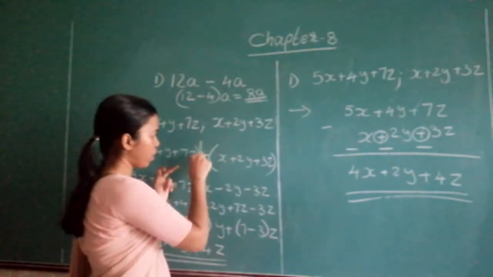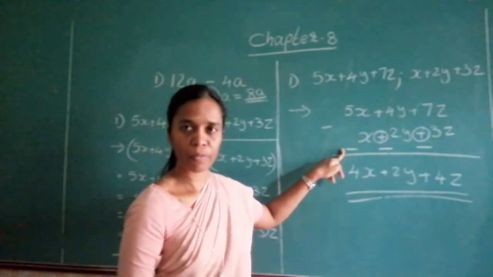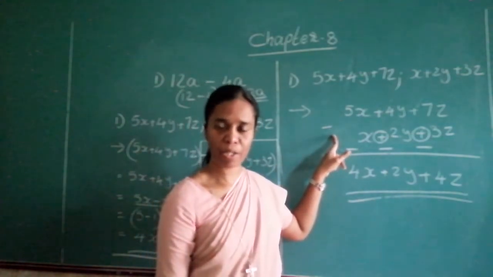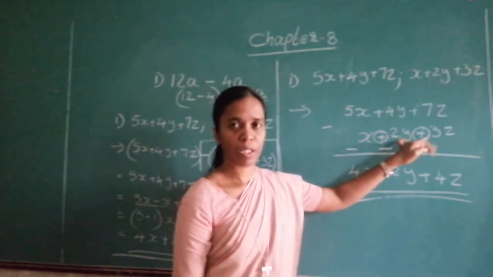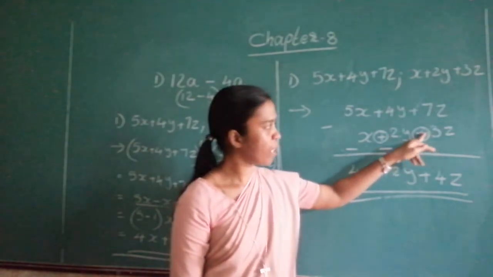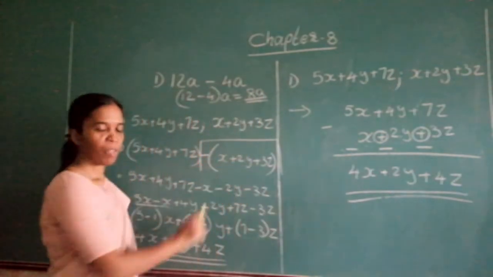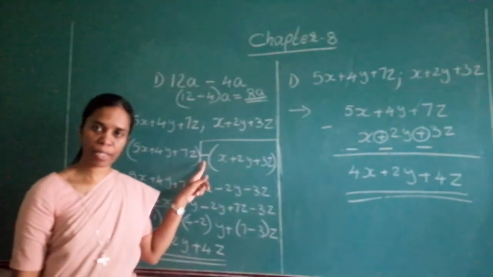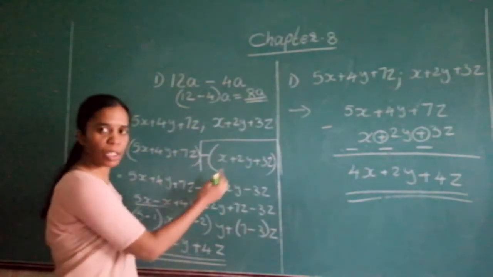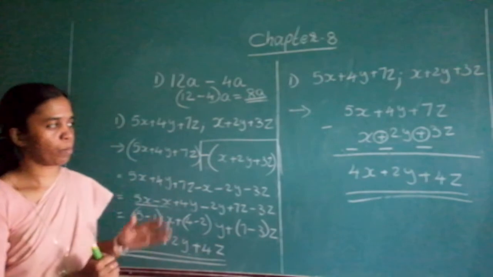What you are doing from here to this step is what you are doing over here. Okay, so when you have seen this as a subtraction, whatever is the sign over here, the opposite of it will be written. Since these are plus, it will become minus. If these were minus, this would become plus. Same thing over here. When you have a minus outside the bracket, when you are opening the bracket, the signs change. Just the opposite sign comes over here. Okay. So this is how we do the subtraction. Please copy.